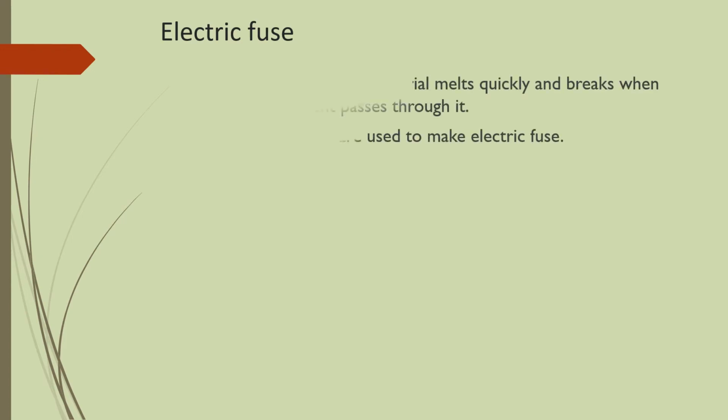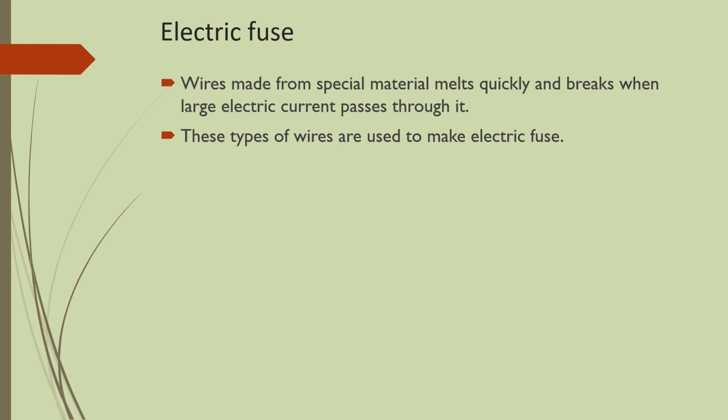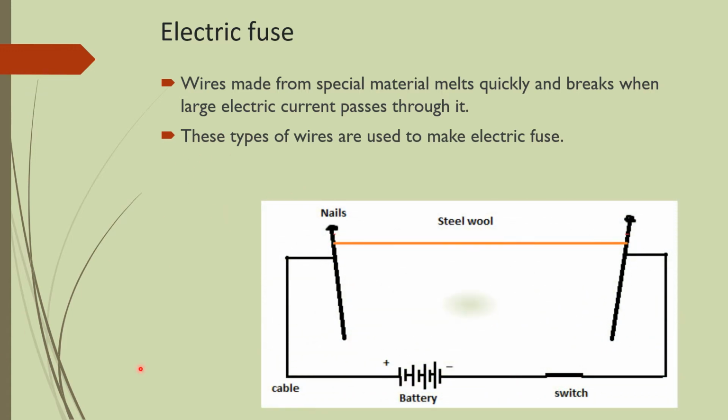Electric fuse. This heating property, this heating effect of the electric current, we use in the electric fuse also. If you see in this picture, a nail is there and a steel wool. You can take steel wool. This steel wool is present. You can use this for